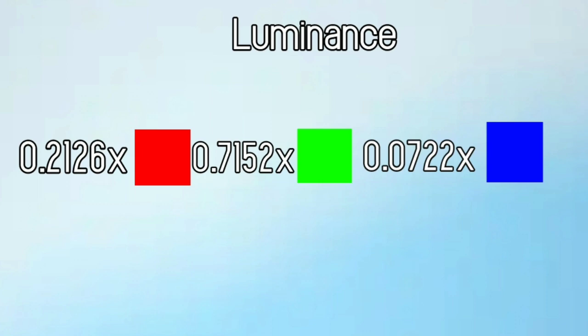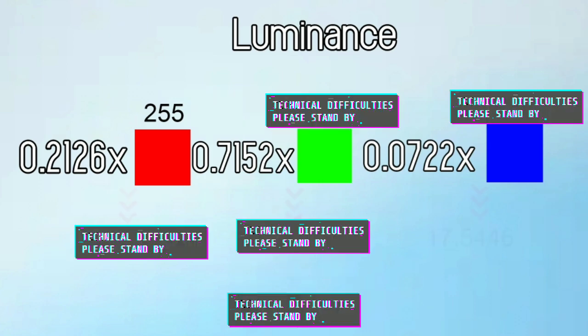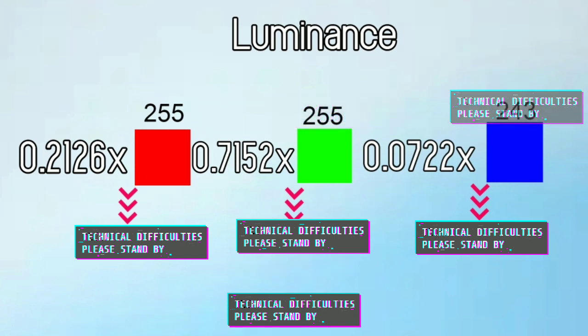As many of you may already know, the human eye can see green better than red and red better than blue. So it takes a lot of blue light to give the same luminance as a green light. Overall, all these colors individually can have a maximum value of 255 and the overall value cannot be higher than 255. But this bad pixel has a value of 255 on the red, 255 on the green and 243 on